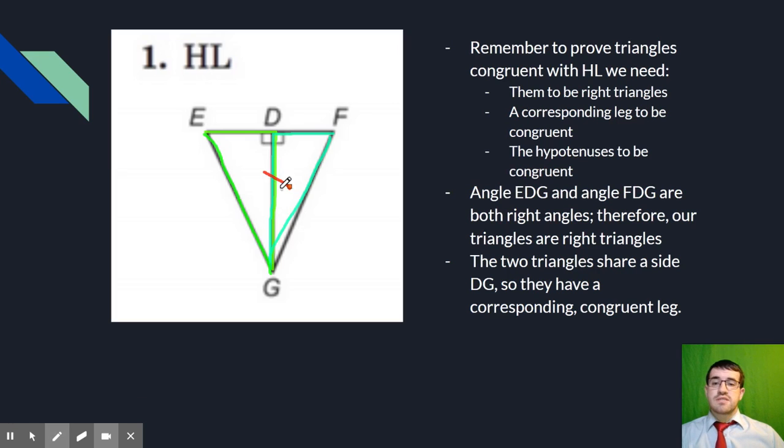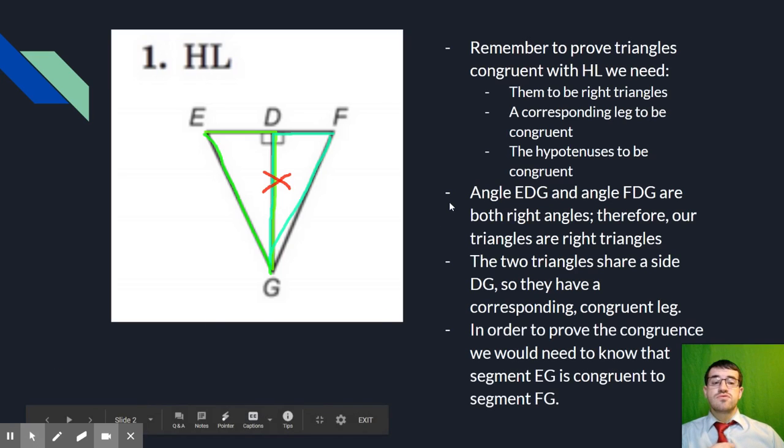And remember, always mark your diagrams so you can see that you have the correct correspondences. And then thirdly, we are looking to make sure that the triangles have congruent hypotenuses, which were not given in this information. So in order to prove that these two triangles are congruent, we need to know that segment EG, I'm going to highlight that in really dark blue,